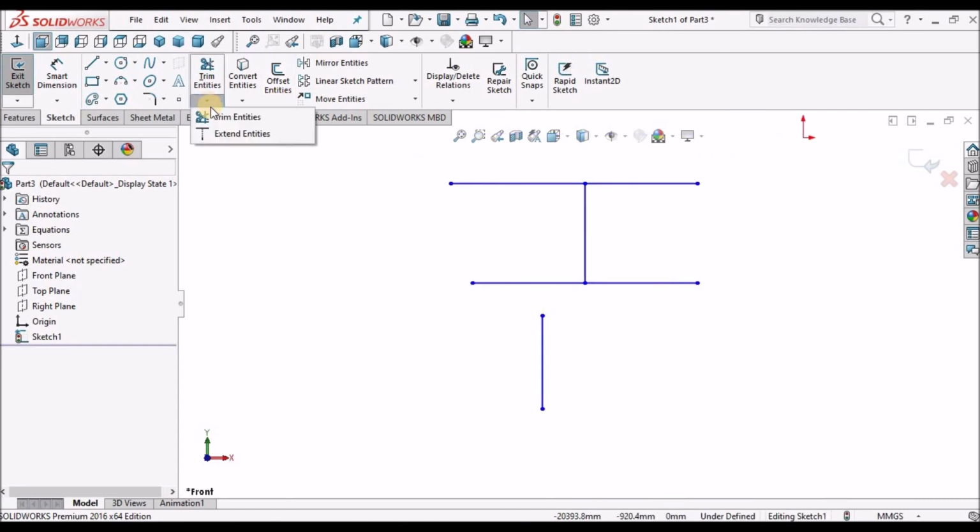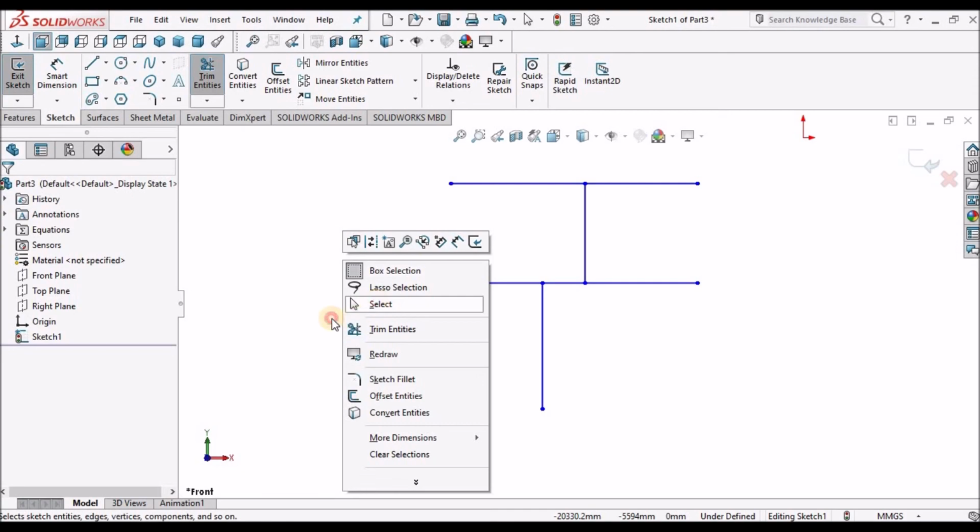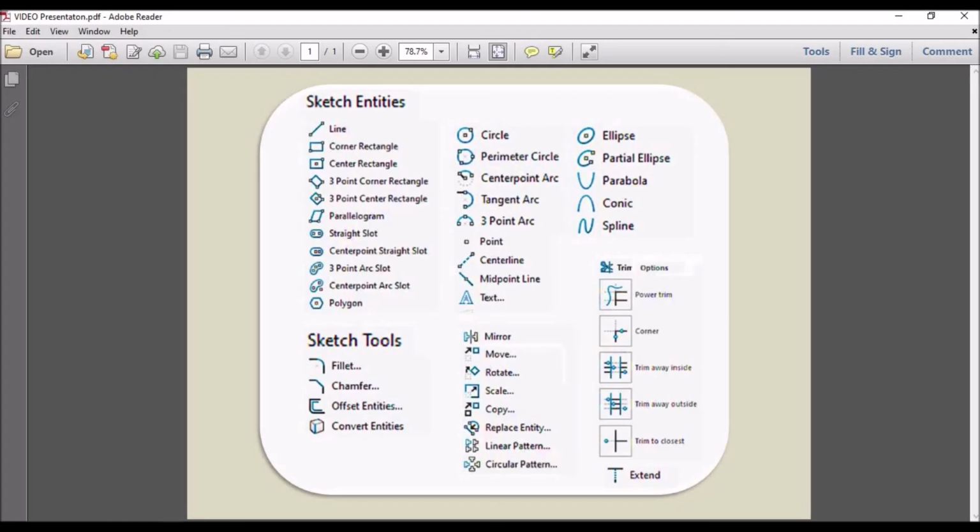So if I want to close the loop, I just click, and it automatically extends. So these are the options most frequently used in Sketch. With these entities and tools, we can create any kind of geometry, and using that geometry, we can create any kind of 3D models. Thank you very much.